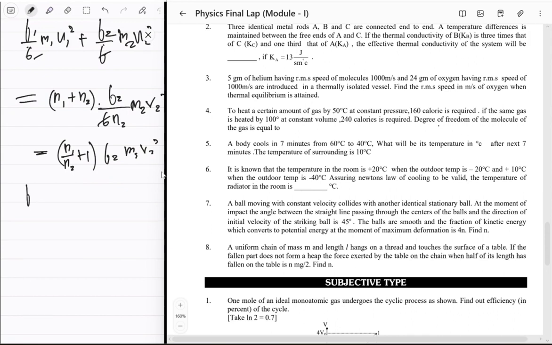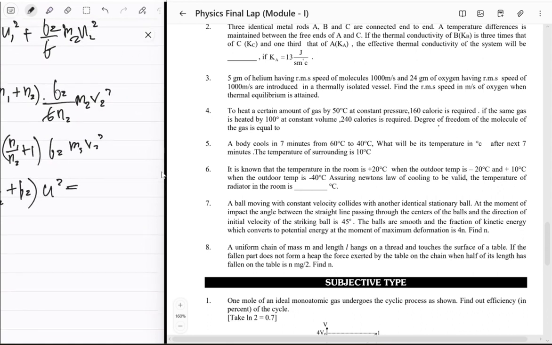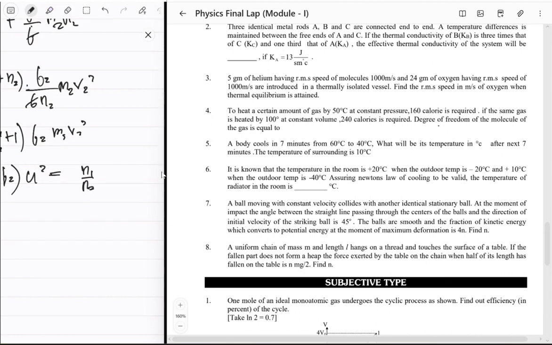So it's like f1 times m1 upon m2 times u, तो दोनों में सेम है, राइट? So plus f2 directly, and that times u square, that is equal to n1 upon n2 plus 1 times,